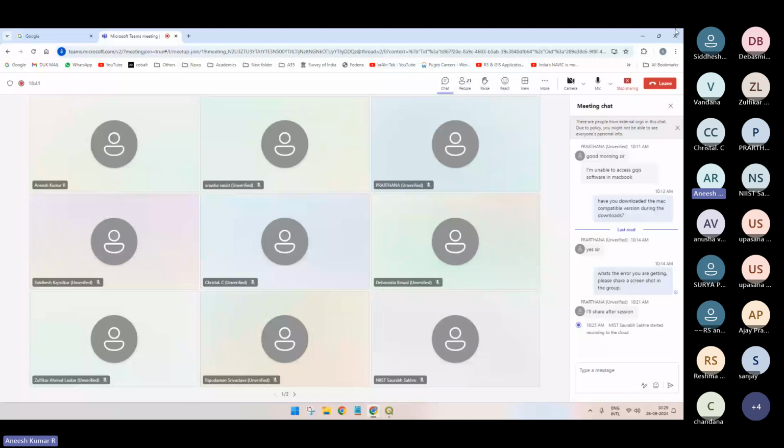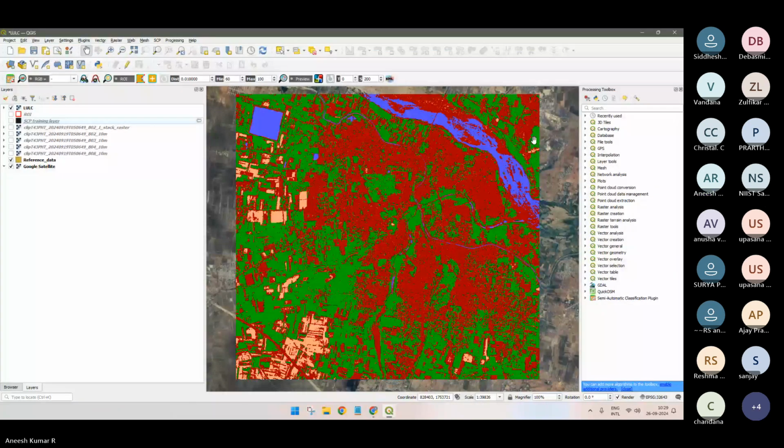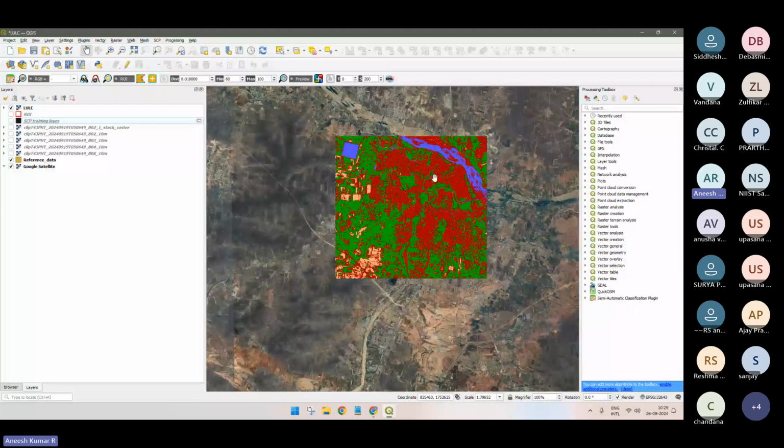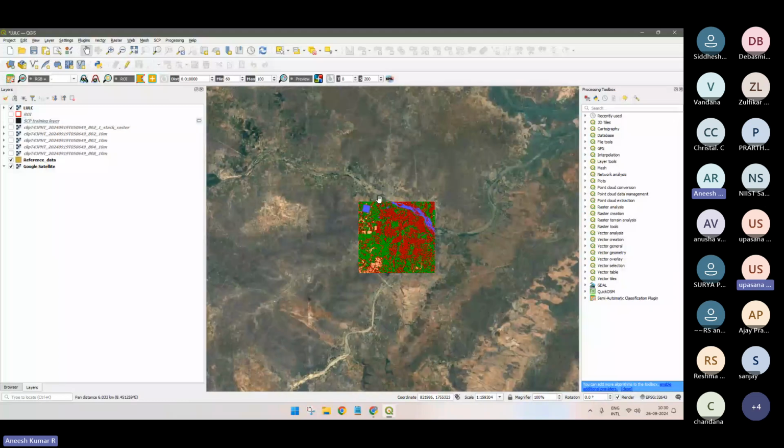So basically, what accuracy assessment means is that this LULC classification that we have done is a kind of automation process, or else you could say that after the training,